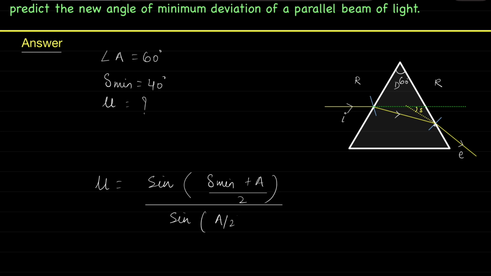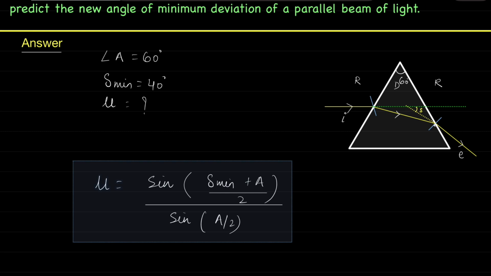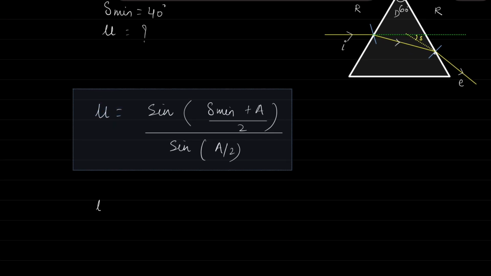This is our general formula to find the refractive index. Now let's substitute the values. So mu is equal to sine of (minimum deviation 40 degree, plus angle of the prism 60 degree) divided by 2, and the denominator is